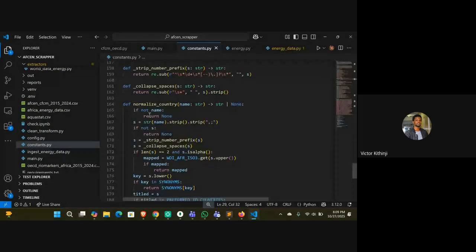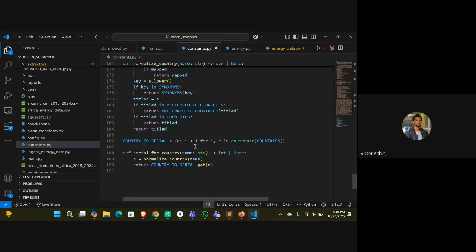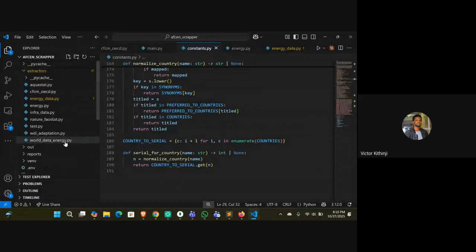Another thing that we did is to generate different serial numbers per country. Tulisema the first country in Africa is Algeria. Algeria should have a serial number 1. Then the last country is Zimbabwe, should have serial number 54. So we are setting the serial number here, and now creating a function to do what? To generate every serial number here. And it will find out a comprehension list. Yes. So another thing that we did now is to